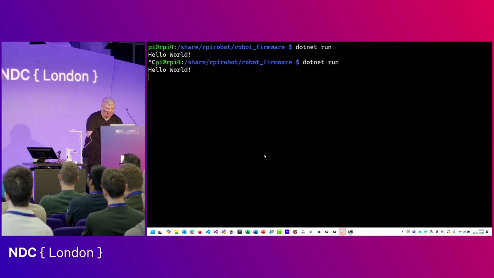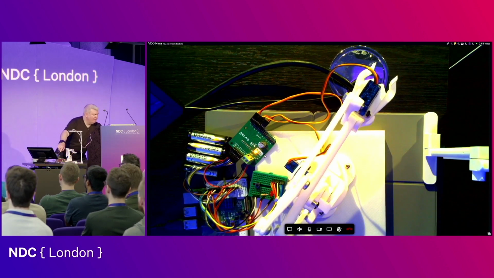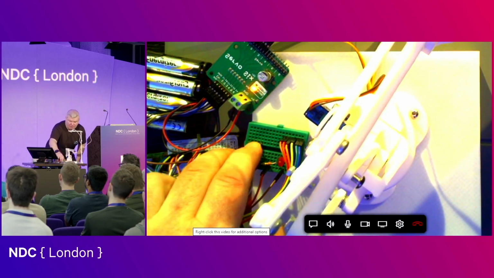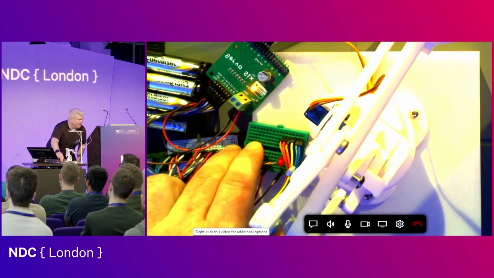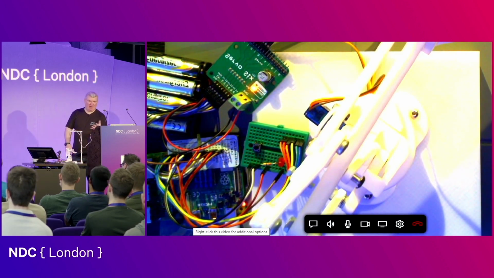So that's the program running. So the LED is now off. And I'm going to zoom in a little bit down here. And if I press the button, the LED comes on. And that is the most expensive, complicated way to connect a button to an LED you could possibly do. And very boring, obviously. But nonetheless, what we've done at that point is proven that we can read inputs and drive outputs, which is a pretty important step, because now we've got .NET running, building on our Pi, and we can control peripherals directly with it,